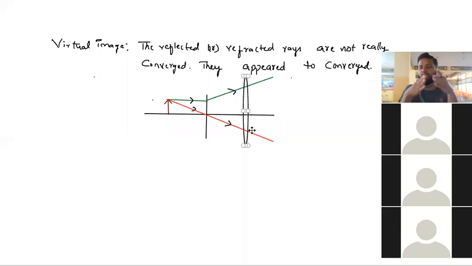going closely. अगर close जाएंगे तभी image form होगा. If you see the previous picture, the reflected rays are converging. When they meet at one point, only then we form the image. But here, they are moving ahead. दूसरी जगह जा रहे हैं ये लोग. They are diverging. So what is the definition saying? The reflected or refracted rays are not really converged. They appear to converge. They appear to means behind the mirror they have to